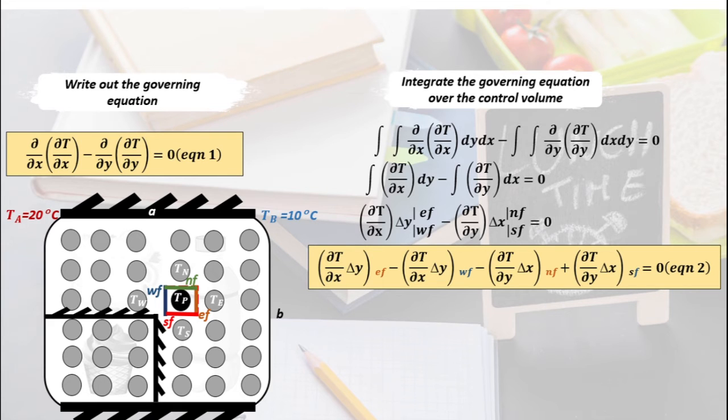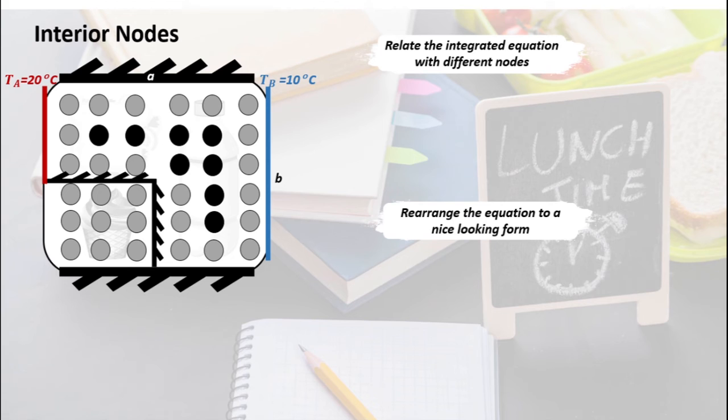So now let's first take a look at the interior nodes, which are highlighted in black. We also have our control volume, so I'm just picking a random control volume. So the equation that we're going to derive is going to